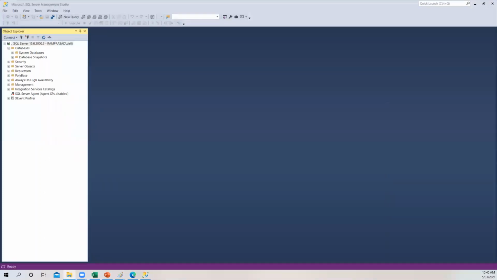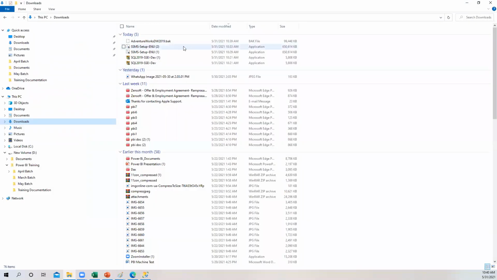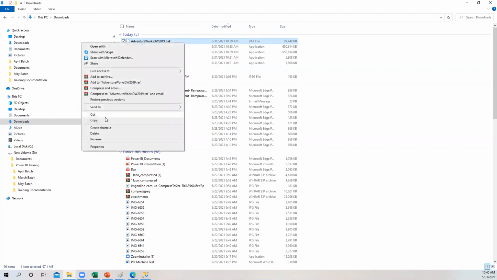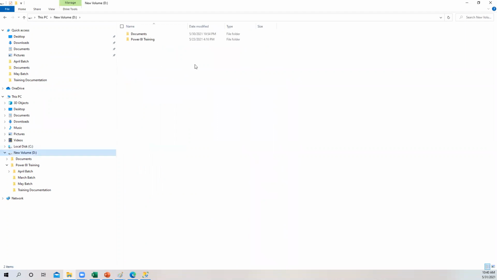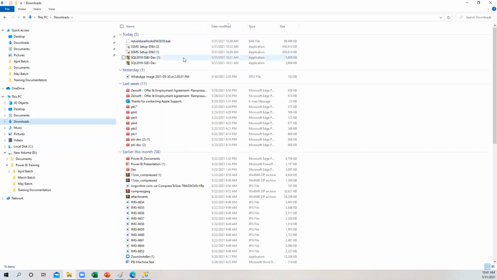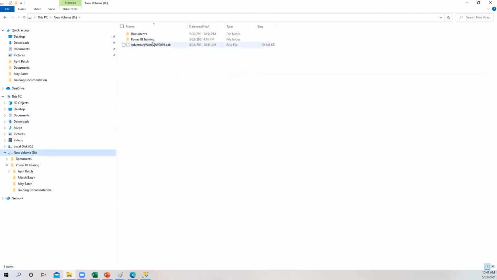Let me go to the downloads. Guys, if I go to downloads, see that file is downloaded, right? AdventureWorks DW 2019, correct? So guys, copy that to your D drive. The reason I'm telling you to go for D drive is there is a meaning. If you leave it in C drive or still in downloads, you'll be confused which file to select. I faced that actually. That's why simply copy to D drive, or any other drive.